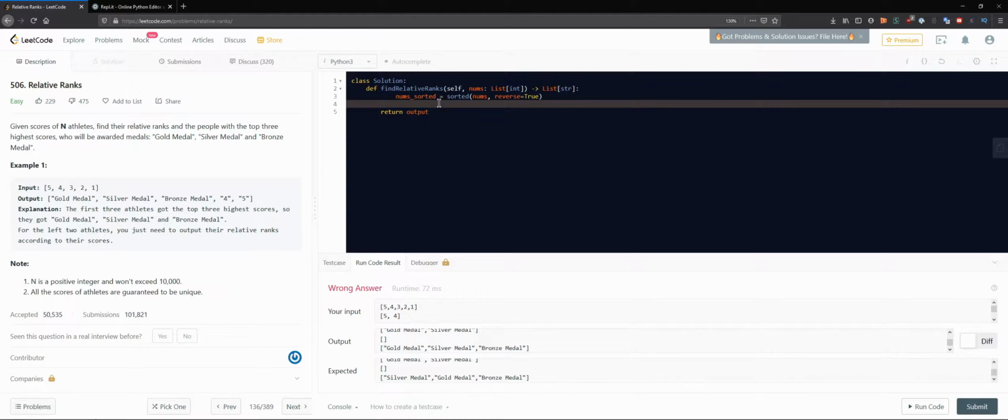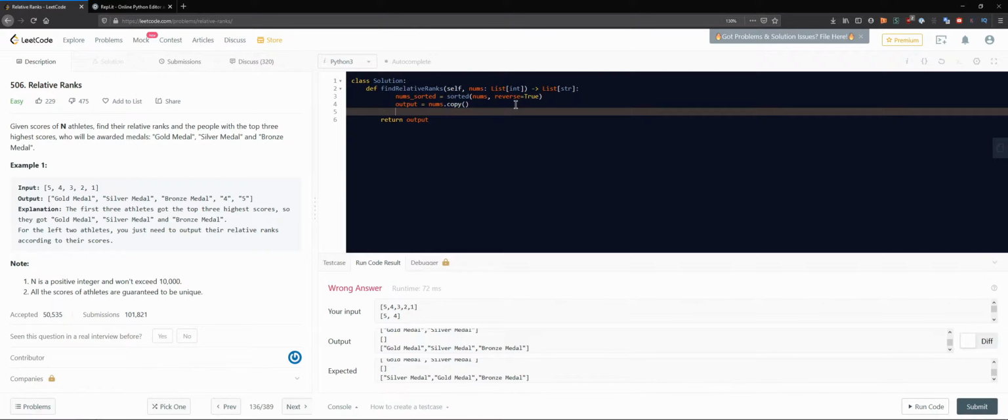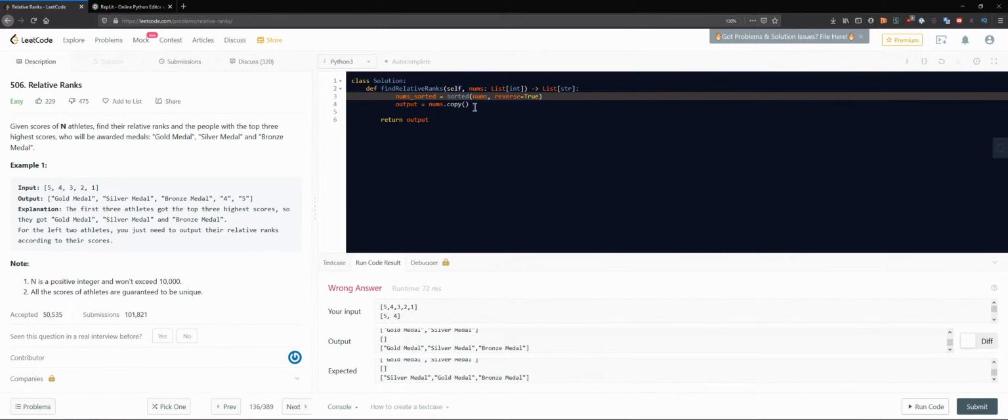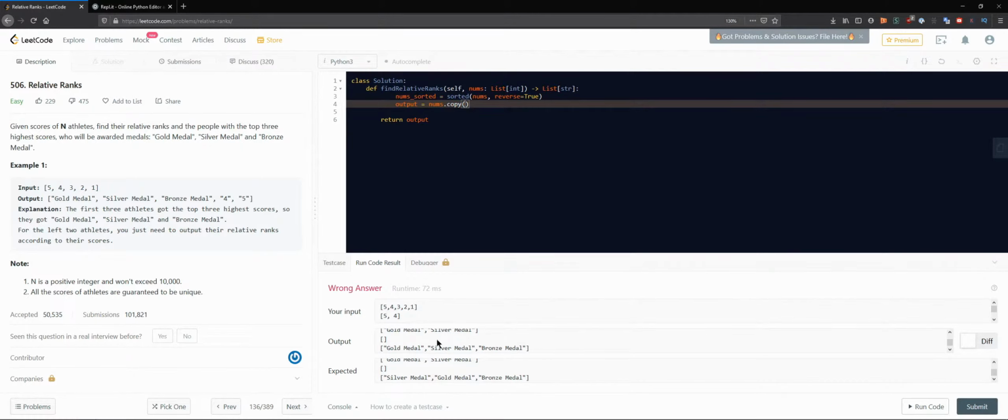Let's just say we copy an array. This would be our output. It will be nums.copy, and after that we know that, for example, we have all the athletes here that are sorted, and you can see I actually did some programming beforehand, but I was not really focused on the exact definition of this task, so I had to redo it. Anyway,